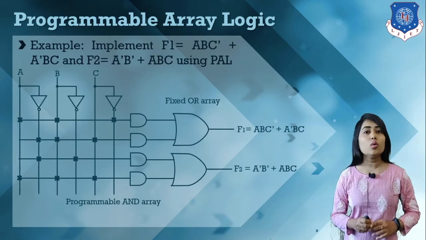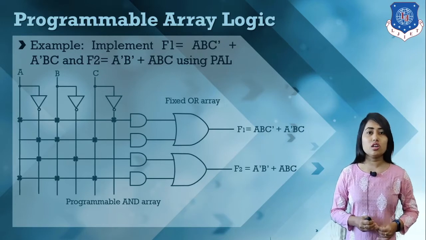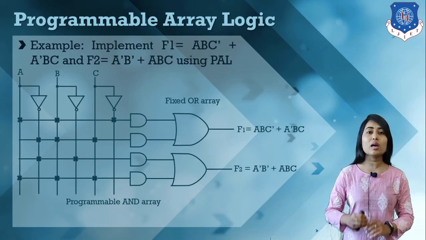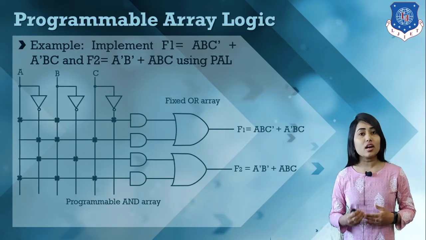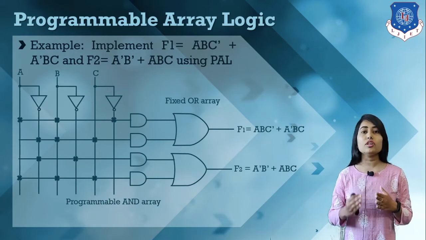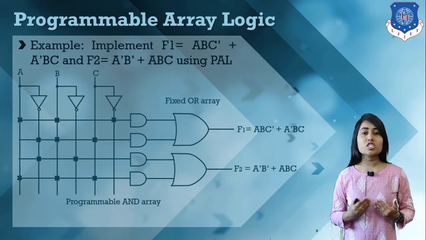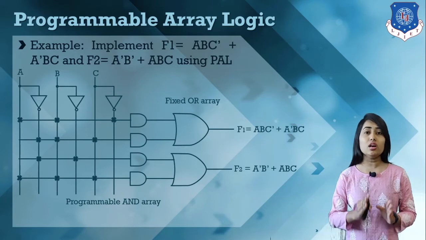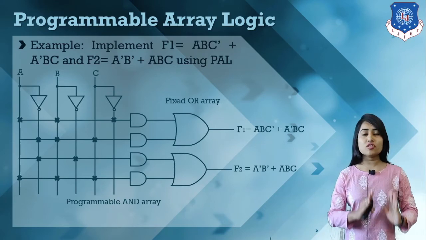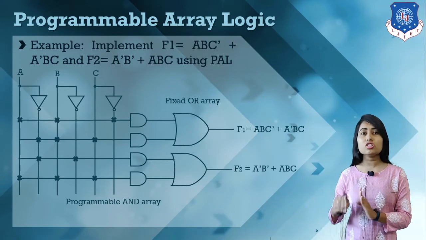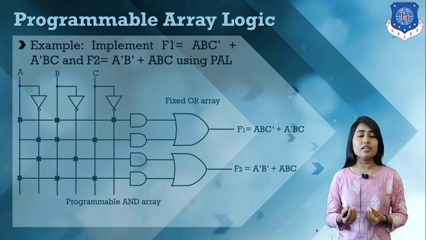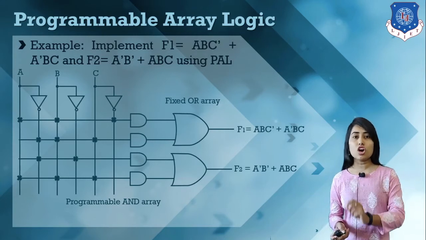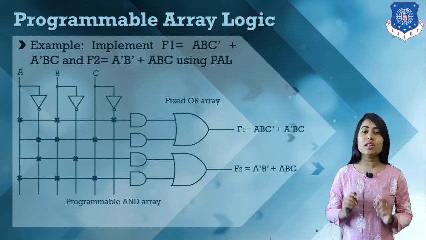Okay, so this is how we can implement different kinds of logical functions in programmable array logic. In this programmable array logic we have a programmable AND gate. That means we can connect various kinds of inputs, and we can implement various logical functions depending on our requirements with this AND gate. But here the output of the AND gate is fixed and it is applied to this OR gate, and we cannot alter these connections. So this is basically a programmable AND gate, fixed OR gate structure, which is known as programmable array logic.